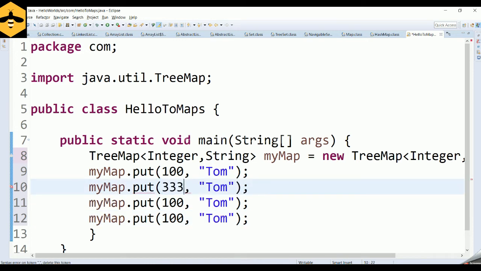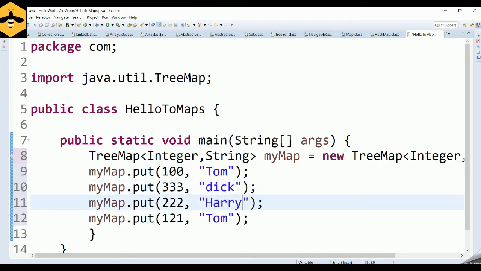This employee ID is 333, the third employee's ID is 222, and the fourth employee's ID is 121. The name of the second employee, let it be Dick. Third employee, let his name be Harry, and the fourth employee, let his name be Sam.